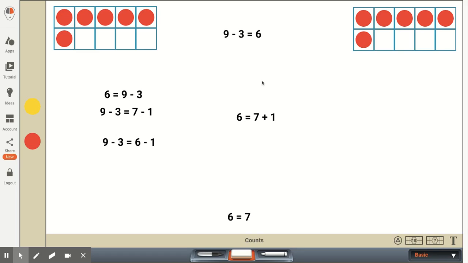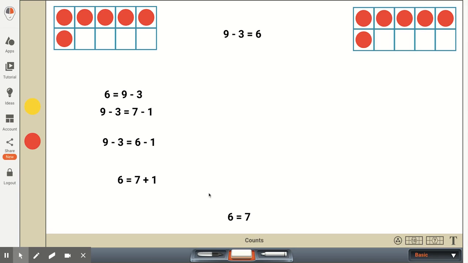Because if they were just looking at subtraction equations and they quickly look at this, 6 is equal to 7 plus 1, they may think that this is saying 6 is equal to 7 minus 1 and say that this is true. So this you can stick in here just if you're trying to test to make sure that your student really has that grasp of knowing the addition and subtraction operations and that they would know that 6 is not equal to 7 plus 1. Therefore, it is false, and they can give you an explanation as to how they know that.